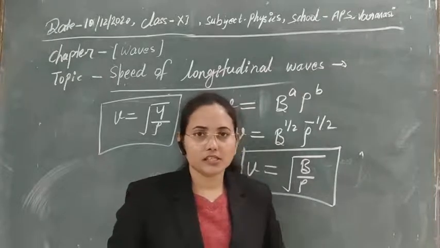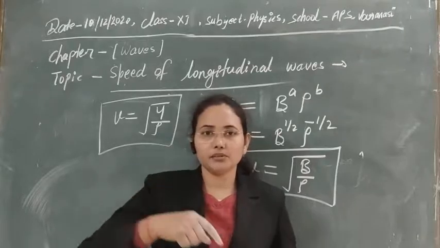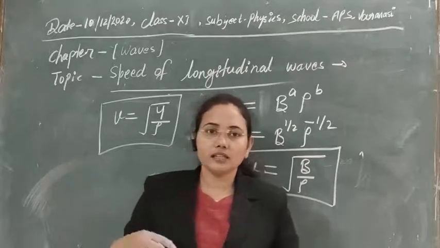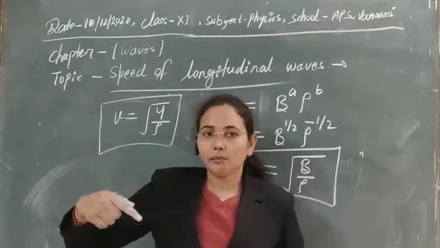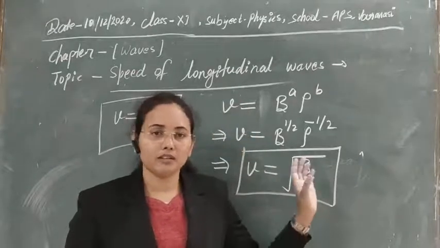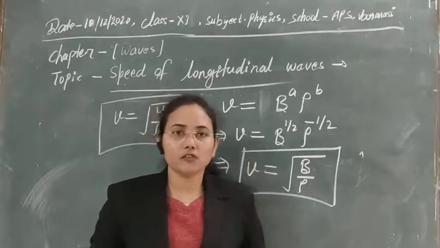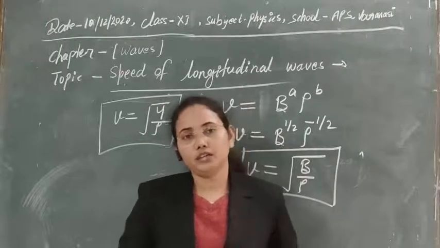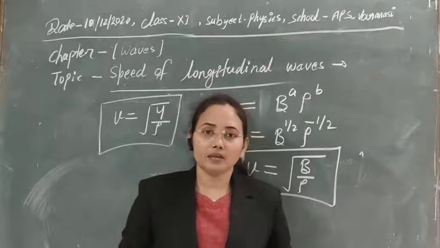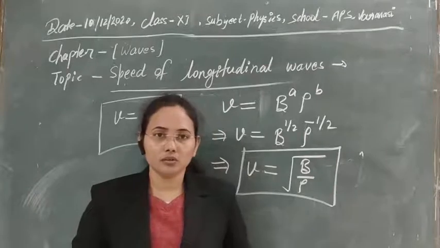So in the case of a stretched spring, if vibrations are produced in this way and the wave is propagating in this way, you can see that the vibrations are perpendicular to the propagation of the wave. If these are perpendicular, then obviously it is a transverse wave, and that transverse wave depends on this factor. With the help of that, if you use dimensional analysis, you can understand the speed of the wave,